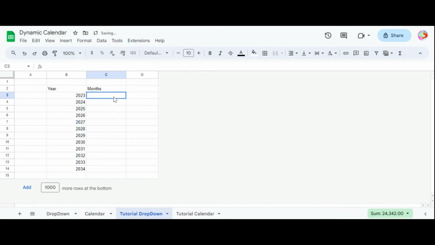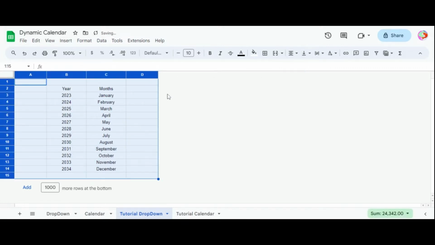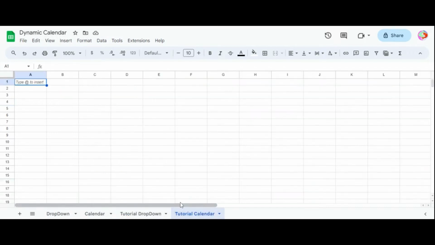When it comes to the month, I'll start by entering January, and then simply drag it down to populate the subsequent months. Next, we'll move to another sheet where we'll set up our dynamic calendar. This section will enable us to create a calendar that adapts dynamically to changes and updates, providing a flexible and